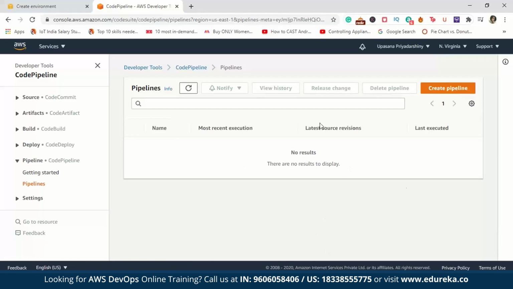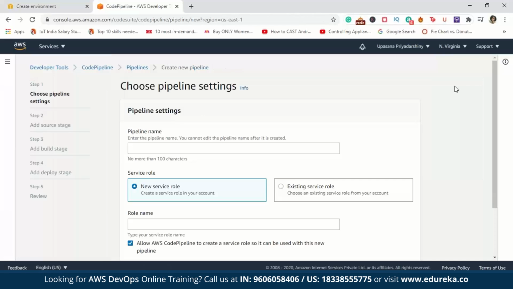Now, this is your dashboard. This is where all of your recent pipelines will appear. Since in this free tier we have no pipelines created, you have no results to display. So first things first, I'm going to create a pipeline. So click on this big orange button which says Create Pipeline. I'm going to give the pipeline a name. Let's just call it